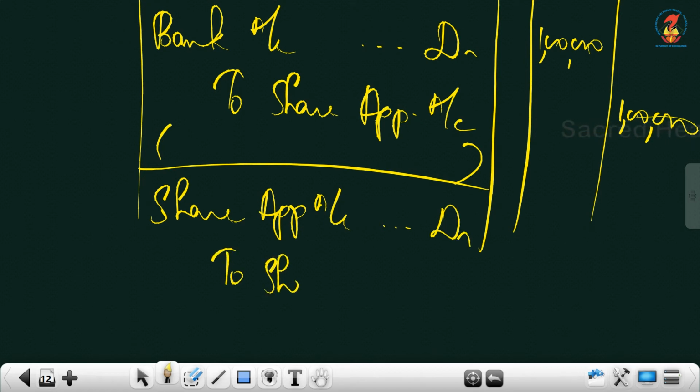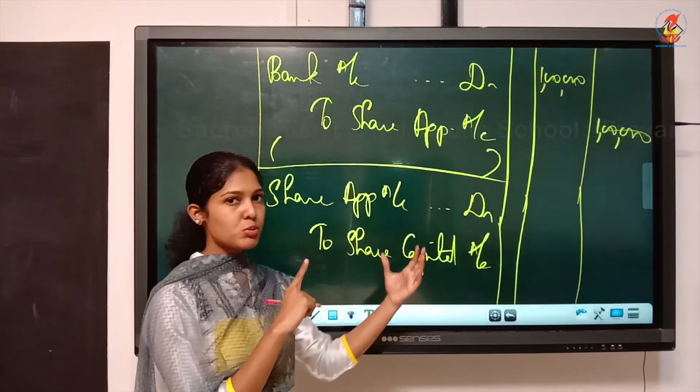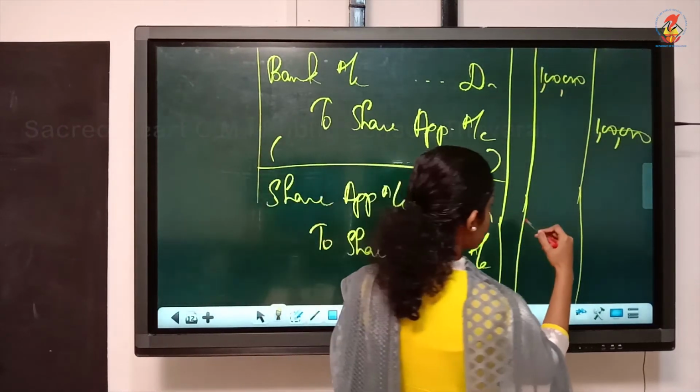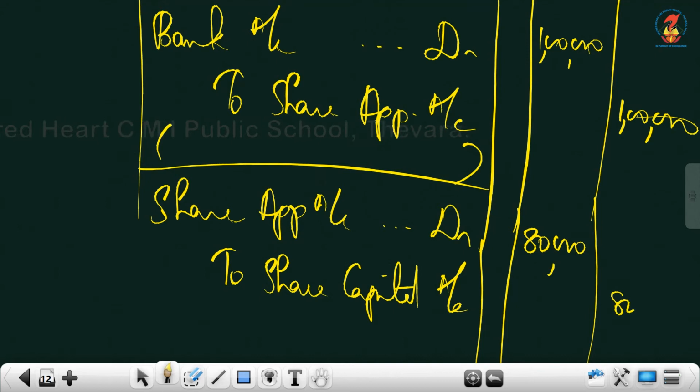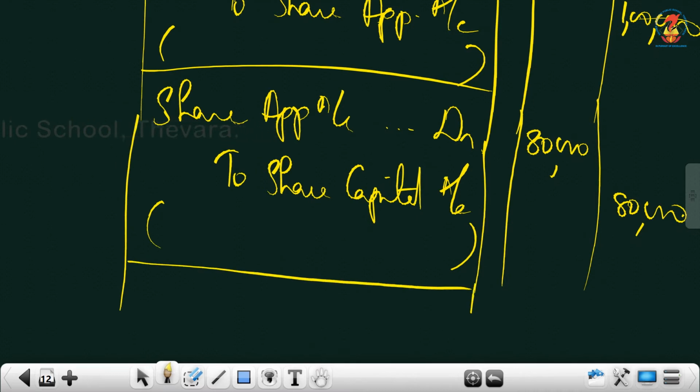Debtor to, you write the entire terms. Don't write short forms. Share capital. Will you write 1 lakh here also? No. When it is with oversubscription, look into the working note always. The second figure you have to write. What's the second figure? It is 80,000. So that you write. And don't write compound entry here. Just write separate entries. Simple entries.